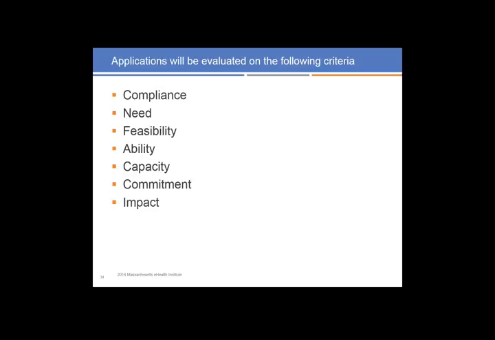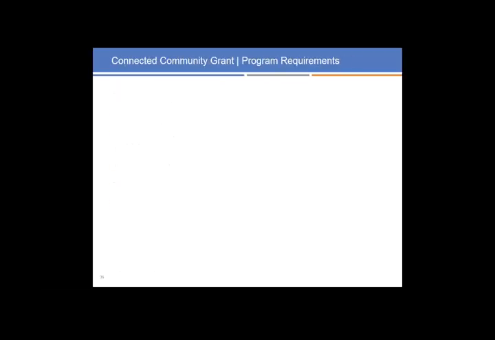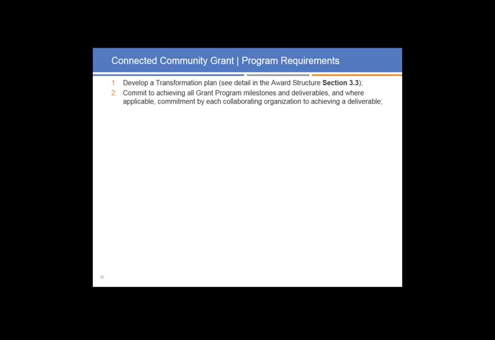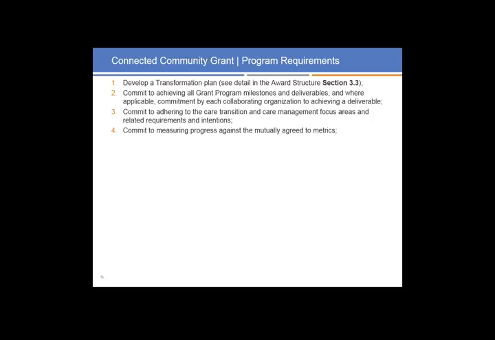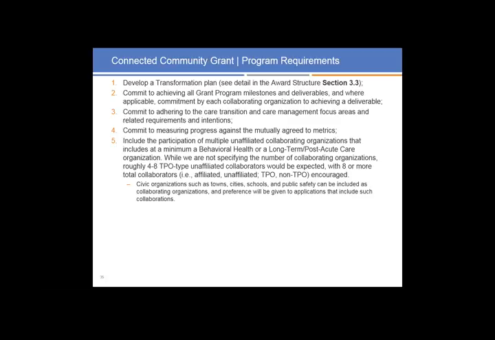So the applications were reviewed and evaluated on the following criteria. We're looking for compliance, need, feasibility, ability, capacity, commitment, and impact. And as part of this program, should you accept the contract, there are a number of requirements you will be accepting. The first is development of a transformation plan, commit to achieving all program milestones and deliverables, and where applicable, commitment by each collaborating organization to achieve a deliverable, commit to adhering to the care transition and care management focus areas and related requirements and intentions, commit to measuring progress against the mutually agreed to metrics,